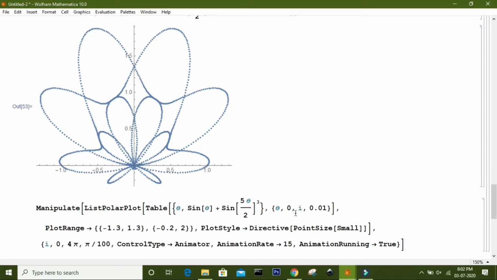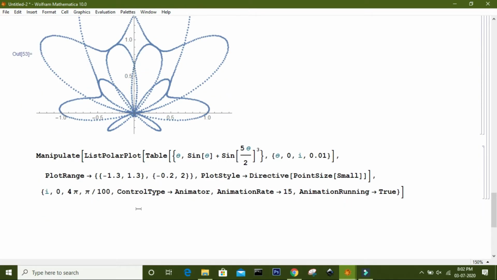So as you can see in this table, I vary the value of i from 0 to 4 pi within a step of pi by 100, and I use these commands to control my animation.